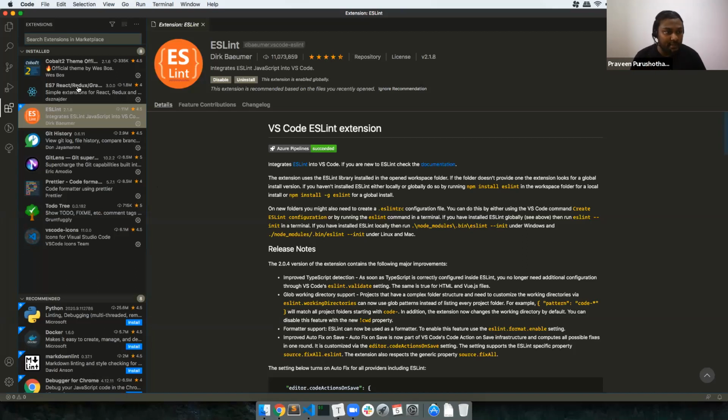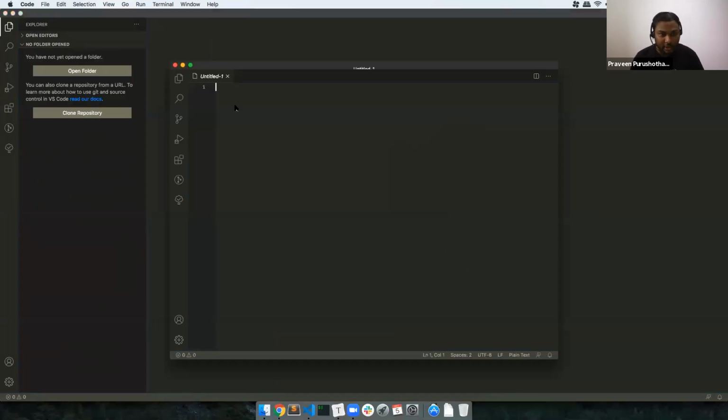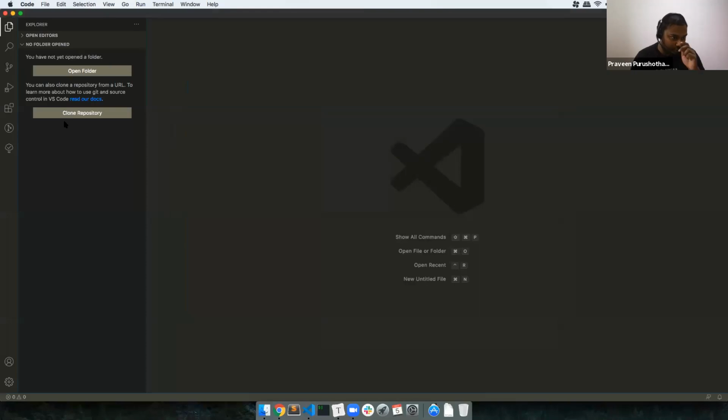With that being said, let me quickly tell you how we can clone the repository. If you open a new window like this and click on the File menu, it is going to show two options, the same two options I'm showing here. You can either open a folder or clone a repository. Arunima, you can look into this. It is getting recorded. For now, just have a look at what I'm doing, and later, when you try it yourself, you can install and make it work.